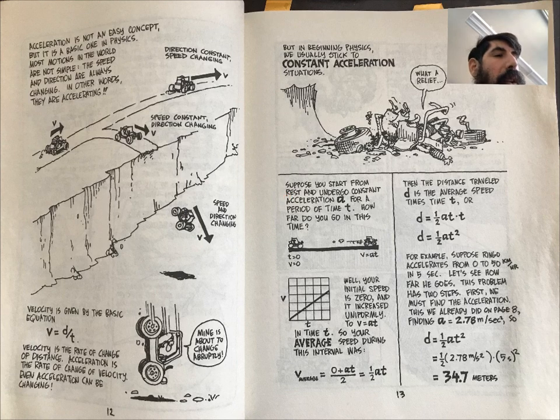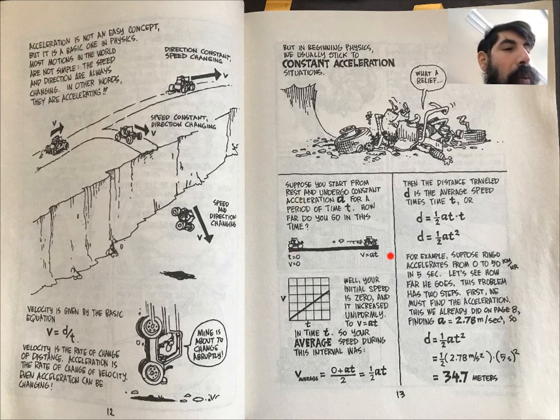And here you can see the math that you can do to actually figure this out. You can take a second to look it over, but don't necessarily sweat it. You can start from rest and accelerate constantly for time t. How far are you going to go? Well, your initial speed was 0 and it increased uniformly, right? Every second it got faster and faster. So